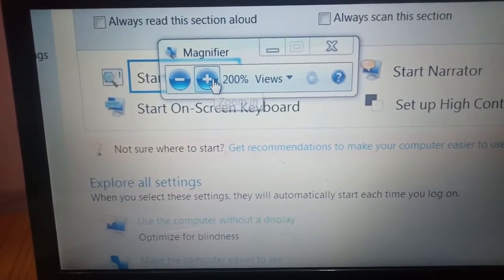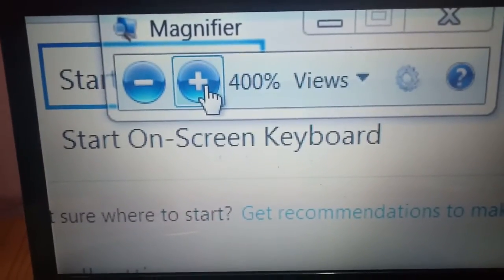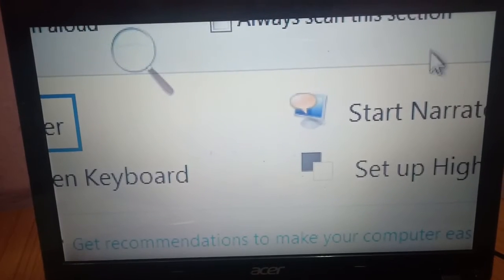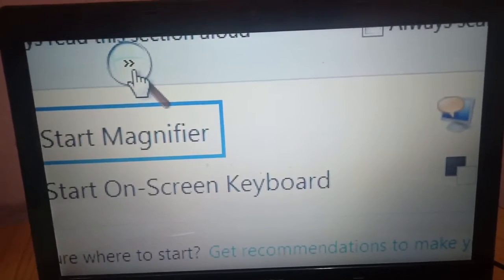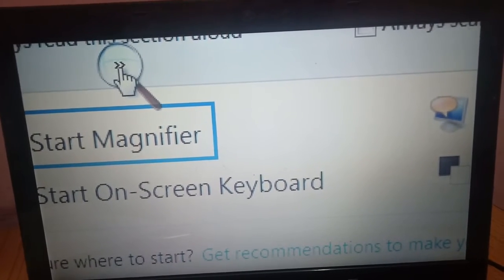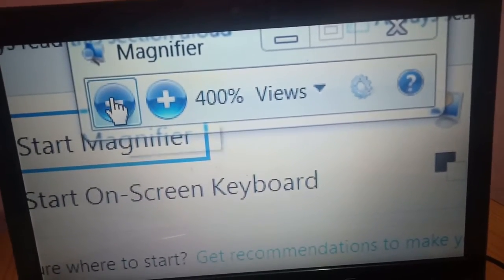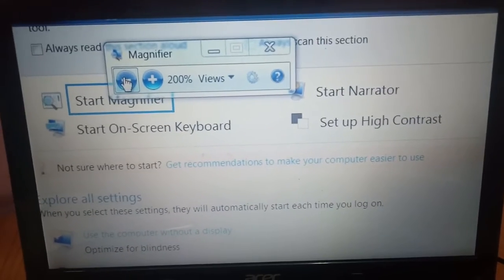With the help of the plus option you can increase the size as much as you want. And when you have this icon on the screen, and between this you can see the arrow buttons, when you click on it you will have this dialog box, and with the help of the dialog box you can adjust the size as you want.